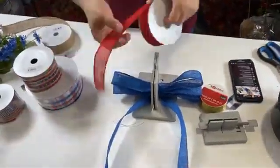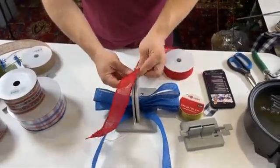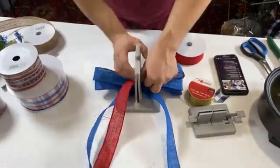So now we're going to cut another length of tails. You can place it in your Bowdabra if you want to kind of eyeball the length. So this is going to be a little bit shorter. These are only going to be about 10-inch tails